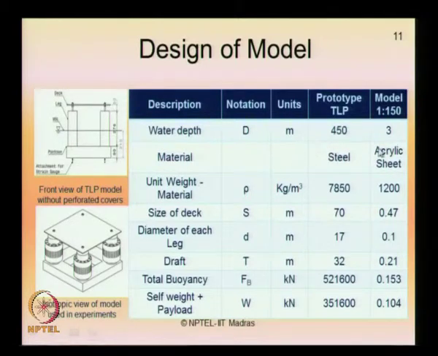The mass ratio, which is one of the important parameters to influence VIV induced responses, is of course a limitation in this study. The mass ratio is now drastically different. This has been conducted just to quantify the values and understand how this can remain effective, because you can see here the unit weight is approximately 5 to 6 times.